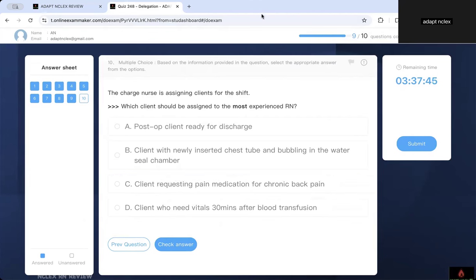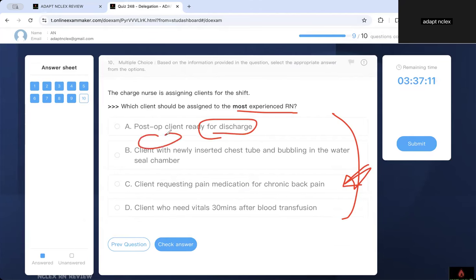The word experience when it comes to RN in certain situations matters. That's why this question is applied. Is it within the scope? The word experience means even though it looks big, it's still within the scope of the RN. But in this situation, they are all within the scope of RN job. Therefore, which one would you pick? You have to pick the most serious and the most complicated one. Ready to discharge is stable, even though it's RN job. New patient,